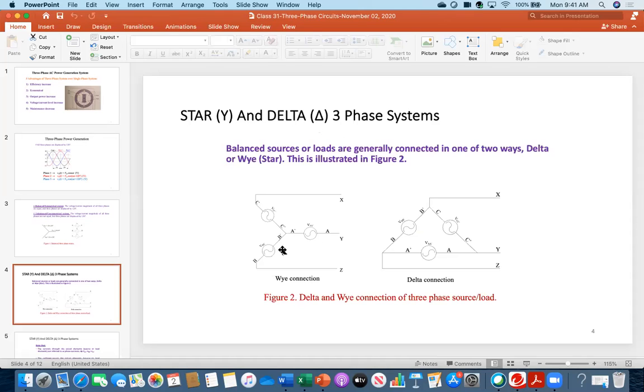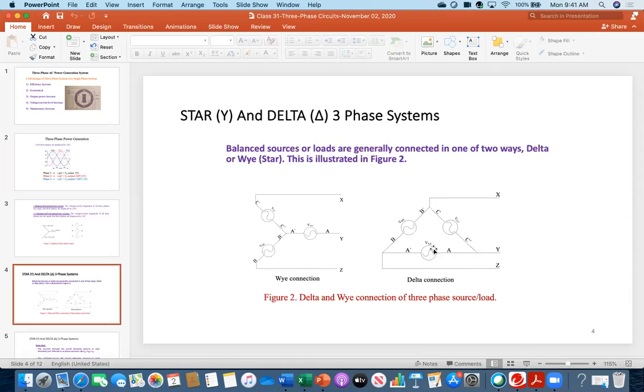Now see this example. For example, this is one phase, A prime. And then this is BB prime, another phase. And this is another system. Now you see there is a common point. You all know in the case of the Y, there should be a common point. This is that common point. And see this structure. This is called delta. So therefore A prime, then B prime, then C prime. There is no common point, but there is a common point between two phases, between two sets of voltage, and then these things are going on. These are called the lines.